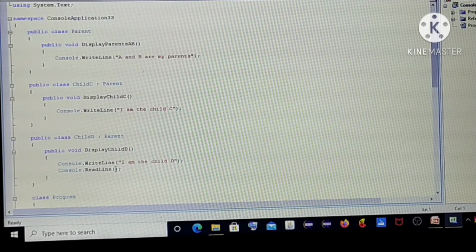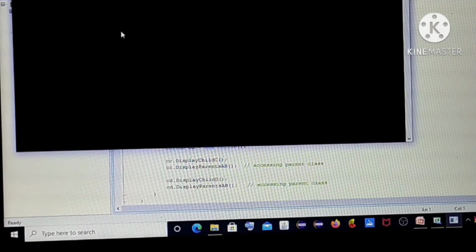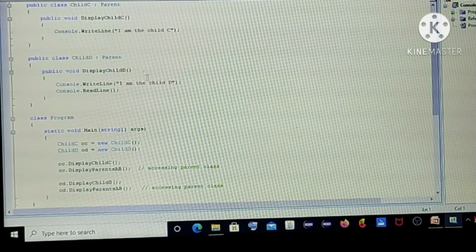Let's check the output. Here we are getting all the print statements: I am the child C, A and B are my parents, I am the child D. This is the output we are going to get.